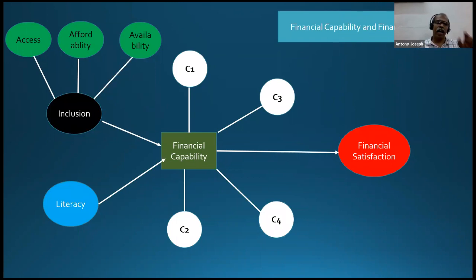And we have financial literacy. We have some components for financial literacy, which I haven't included here. They are financial knowledge and financial attitude of the people. And at the same time, we are expecting a relationship between financial literacy and financial inclusion. Actually, the better the financial literacy of a person, the better will be the level of financial inclusion. That is an established theory. We want to know whether this particular phenomenon is applicable in our Kerala also.